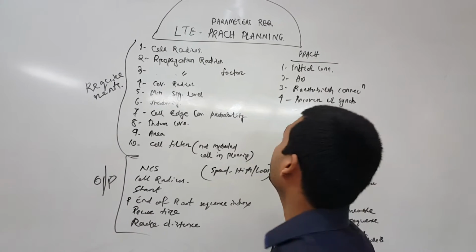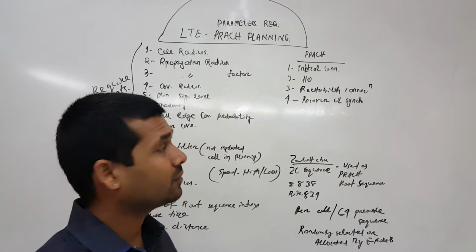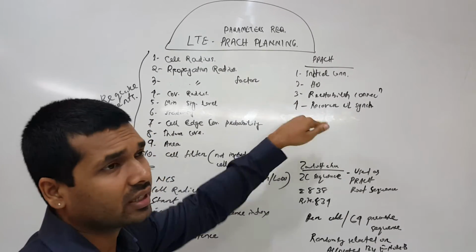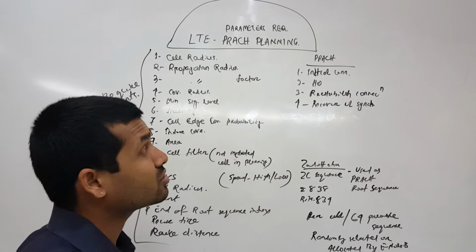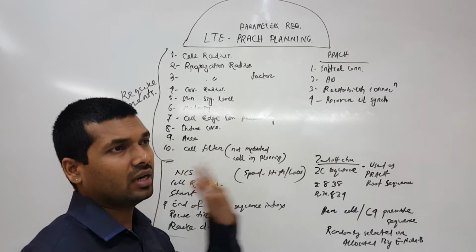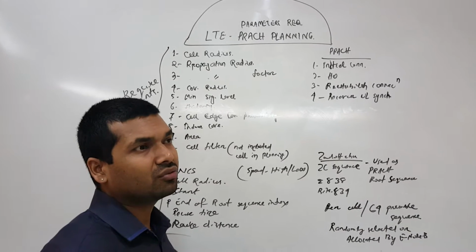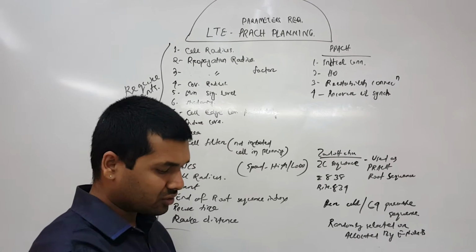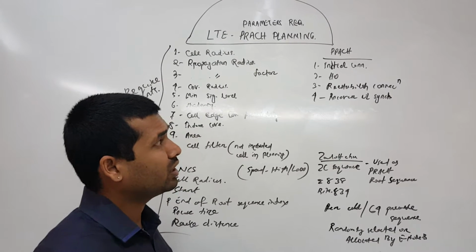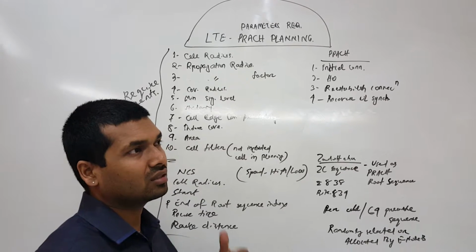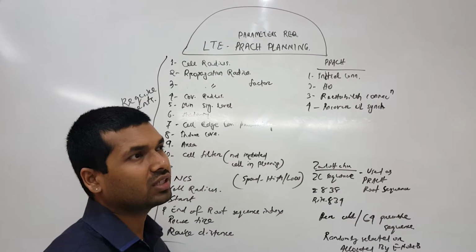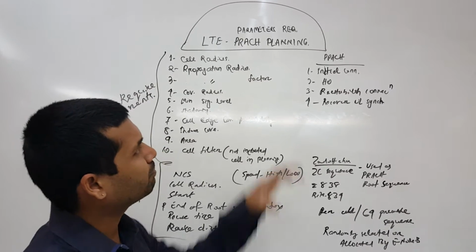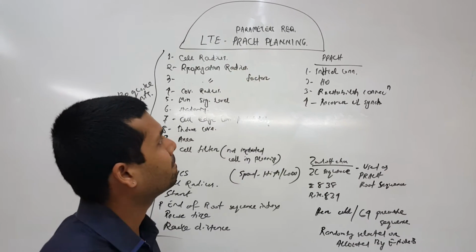As we know, we need PRACH in LTE for all these kinds of requirements, like initial connection or service request, or when we are doing handover, or when we are reconfiguring the connection, or re-establishment of the connection, or when we recover the uplink sync. If there is a sync failure, we recover that uplink signaling. So for these reasons, we need a PRACH.